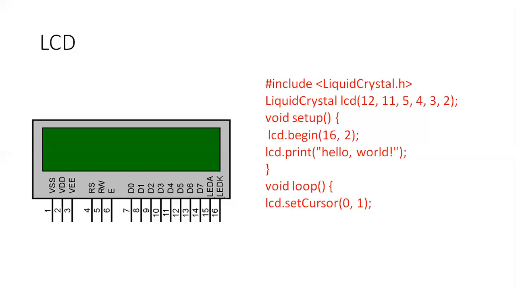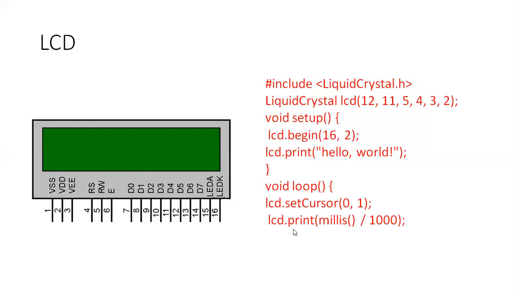Okay. lcd.setCursor. This is another function, lcd.setCursor. So what is meant by lcd.setCursor? I told you that the first one is the column, and the second one will be the row. So the first one will specify the column, and the second one will be the row. That means this is the first row, the 0th row, and this will be row 1.